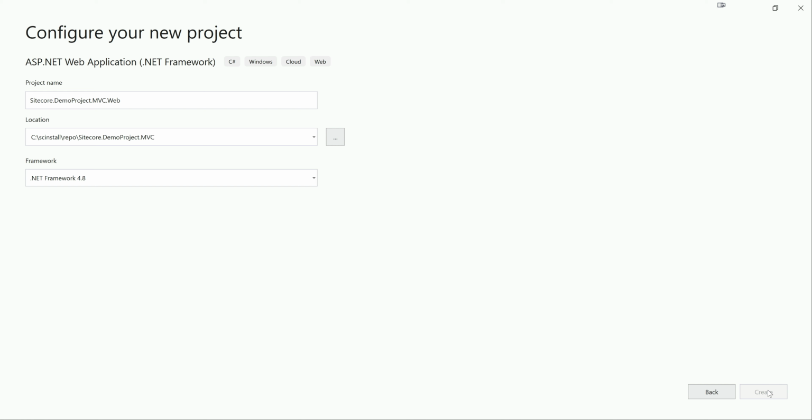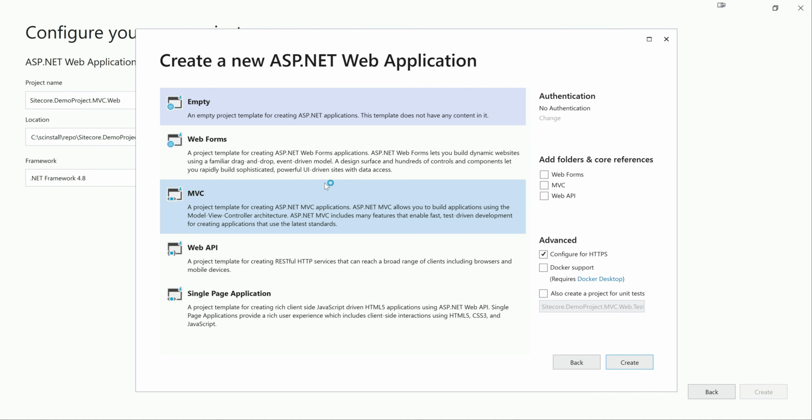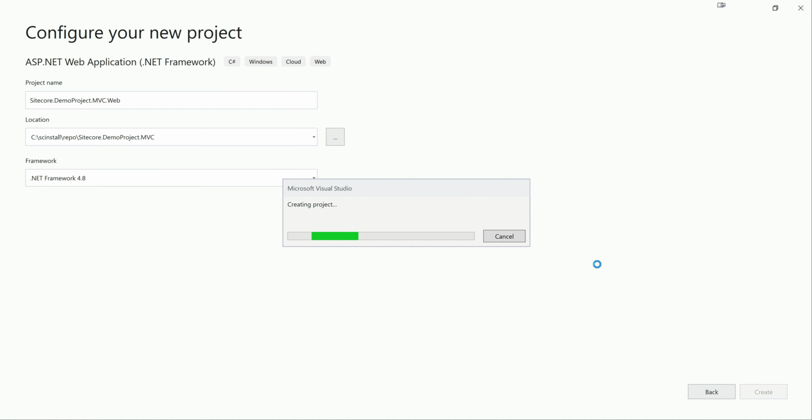And create. As we are trying to create an MVC project, we do not want a sample MVC project because it creates a lot of folders and unnecessary controllers and everything. Rather, I would go with the empty template and add just the references for MVC. So click on MVC, just create. It will just create a project with empty folders, just directories and all. ASP.NET MVC NuGet packages will get added automatically.